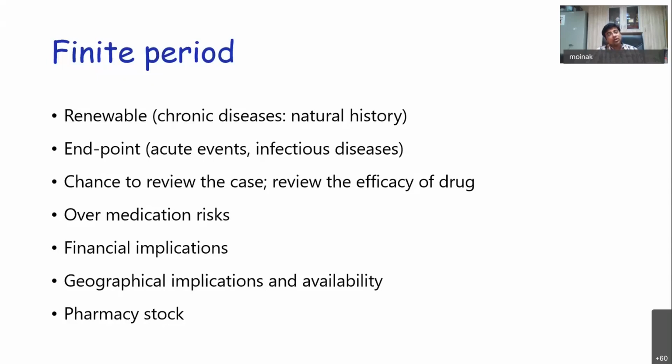It is also important to know that the pharmacies will not stock a lot of drugs which are very special drugs. For example, I just told you about chelation, D-penicillamine. The pharmacy will not store 1,000 capsules of D-penicillamine. It may store about 200 to 300. So depending on what drug you're prescribing, you might want to have an idea whether your pharmacy is going to stock or not. So if the patient is going to buy from an in-hospital pharmacy and an outside pharmacy, the stock availability might be different.